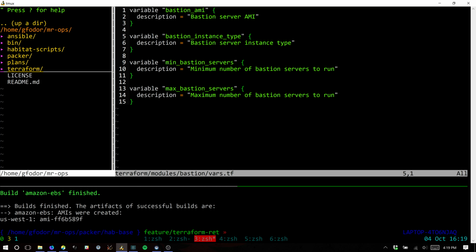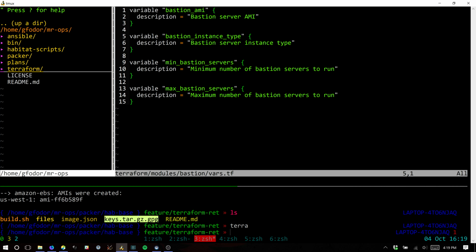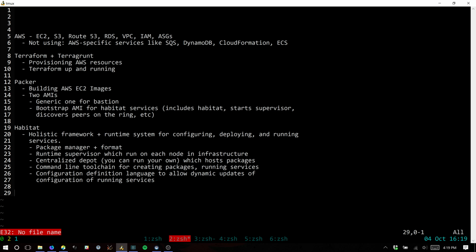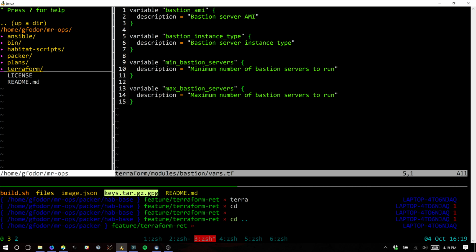Cool. So that's Terraform. And how do you run any of those individual things? You basically run Terragrunt. Terragrunt's a command line tool. So I'll show you one example. If I want to do it one module at a time,